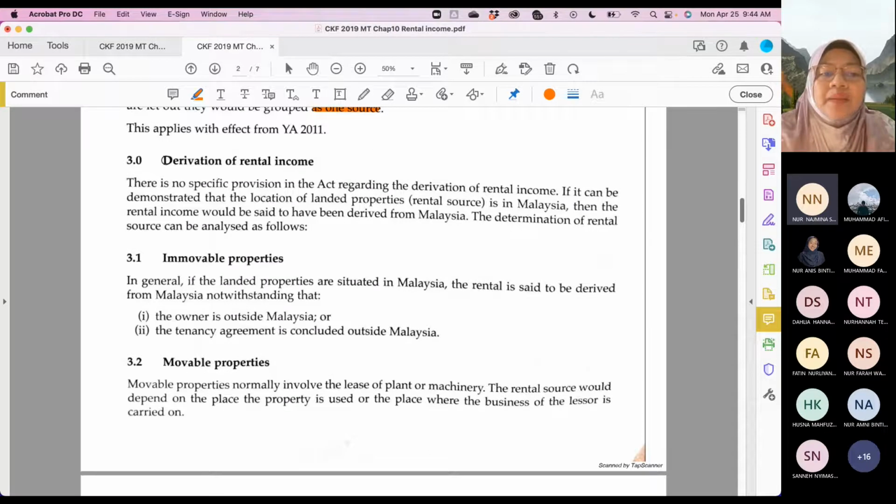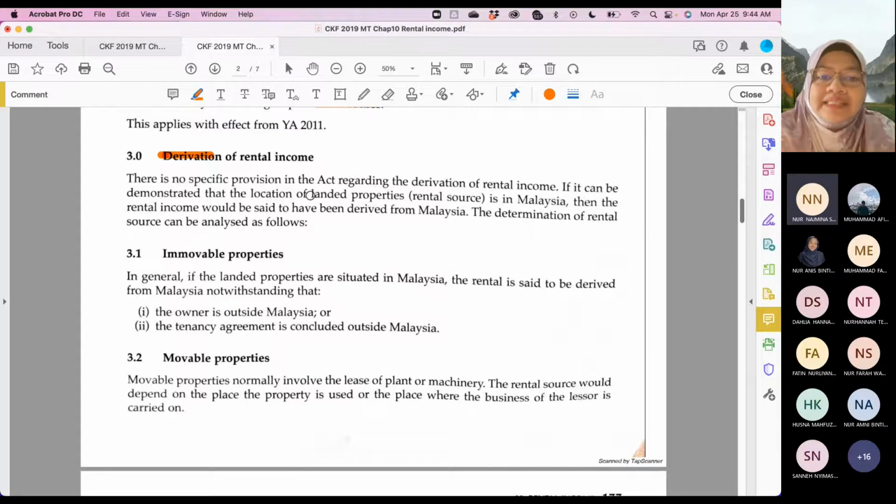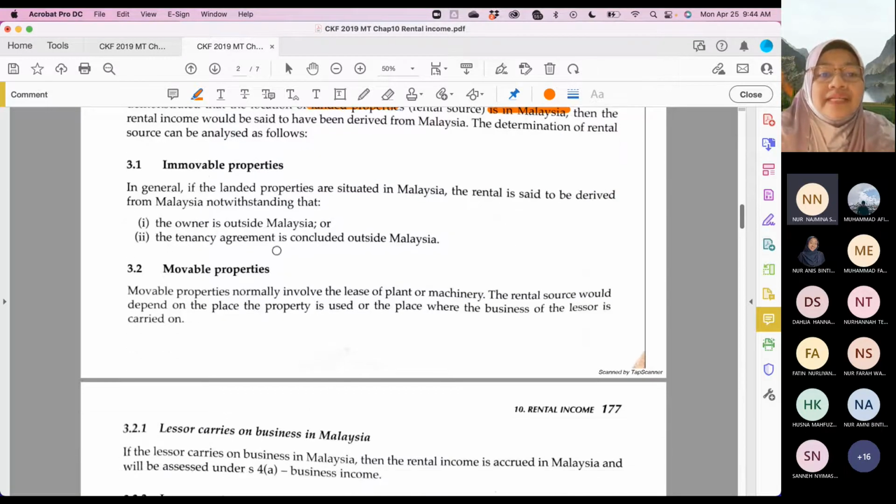So how do you know the income is derived? Only if the rental income is derived in Malaysia, meaning the landed property is in Malaysia. So if you have a property in Singapore and you receive rental income, whatever you receive is not taxable because it's not derived in Malaysia. If it's an immovable property, you're looking at houses, it has to be situated in Malaysia. If it's in Malaysia, then the income is derived in Malaysia, notwithstanding